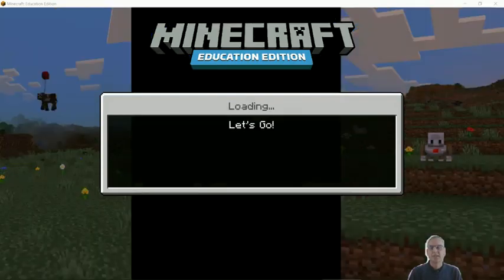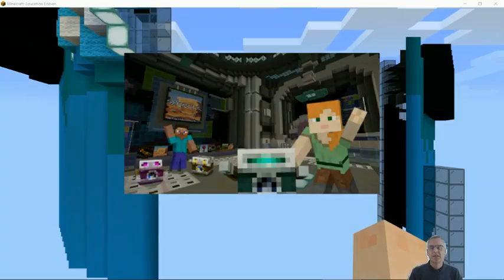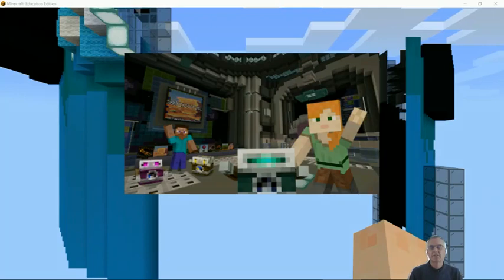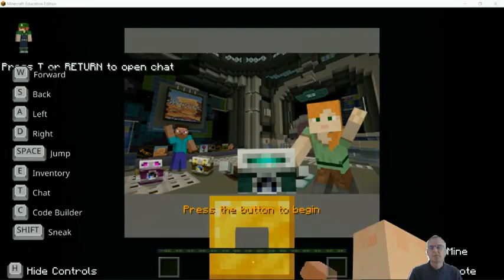Here we go. Finally loaded. Okay, so once it's loaded, then you can press any button to begin, and you can see the different choices there, and you